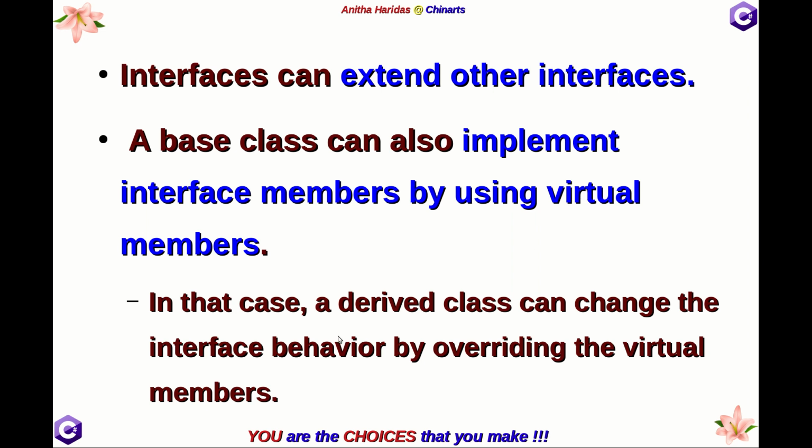In that case, a derived class can change the interface behavior by overriding the virtual member. This is also possible. So you extend it in the base class, and in the base class you declare it as a virtual member which can be further overridden in a derived class. This is also permitted.